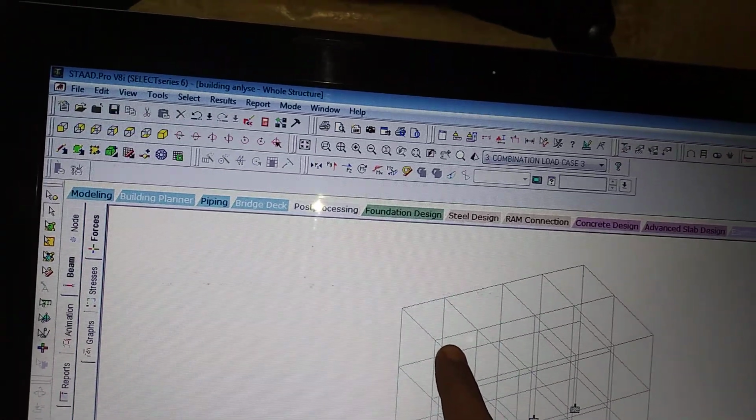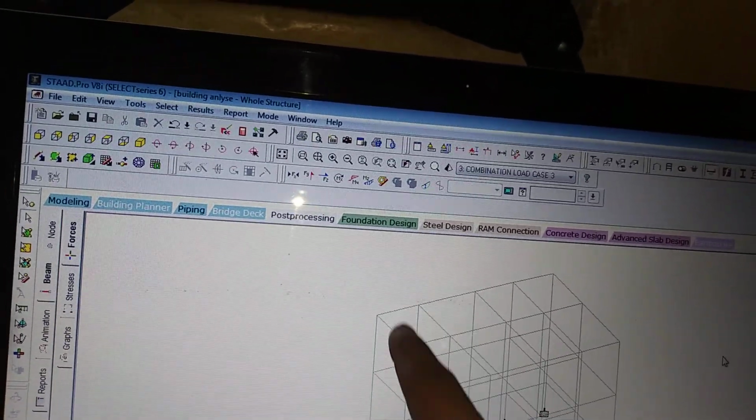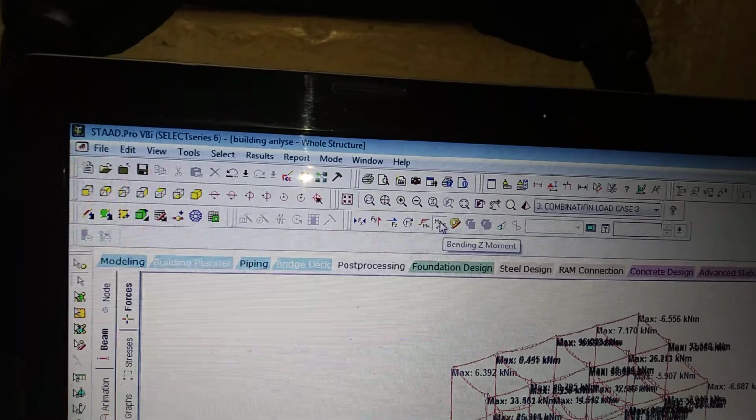If I applied a load along the y direction, I will get the shear force along the y direction. In the z direction I get the bending moment, that is Mz. See here, if I click Mz, I get only the maximum value at the point. See here, in this first, second, third row, there are some options. So bending Z,